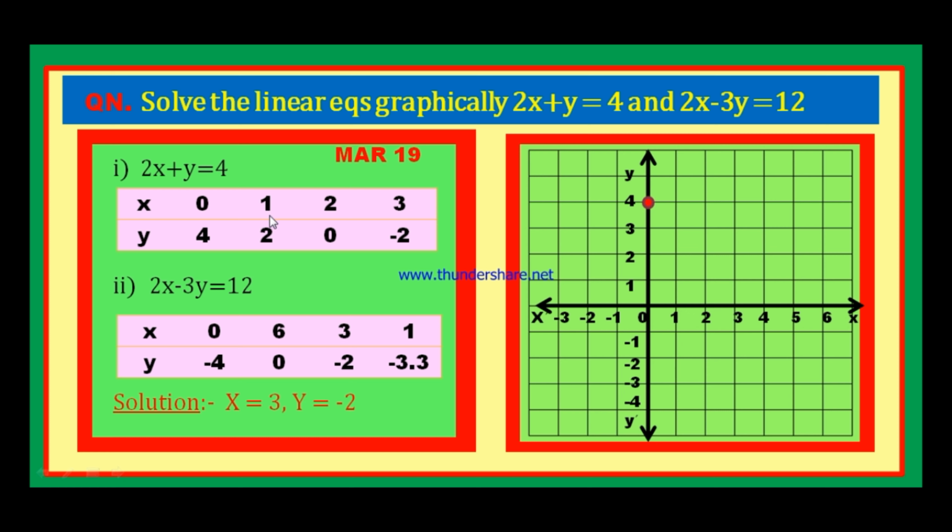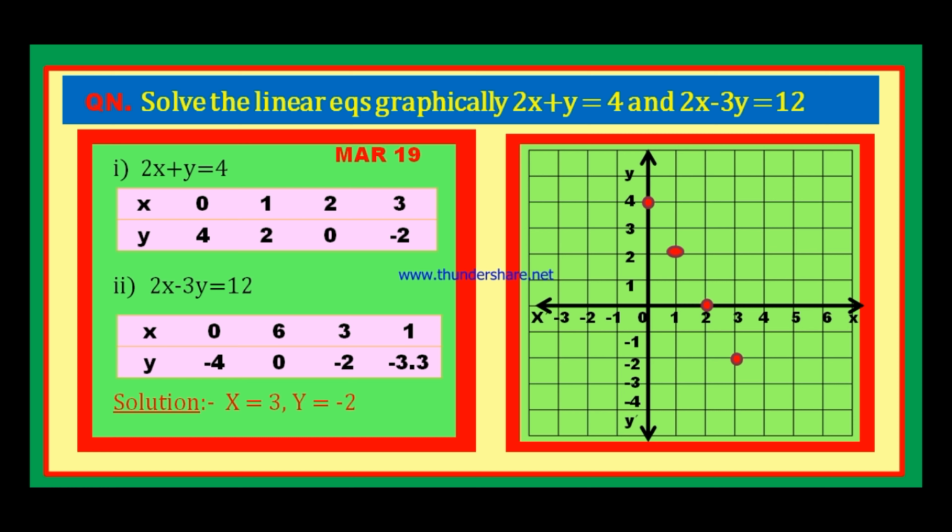Next, how to represent the point (1, 2)? X is equal to 1 and y is equal to 2. Where can you find 1 on x-axis? Here. And where is y is equal to 2? Here. Now these two lines, x is equal to 1 and y is equal to 2, are intersecting here. Therefore, the point (1, 2) is here. Good. Next, (2, 0). X is equal to 2 and y is equal to 0. That point lies on x-axis. Next, x is equal to 3 and y is equal to minus 2. X is equal to 3 and y is equal to minus 2 is this point.